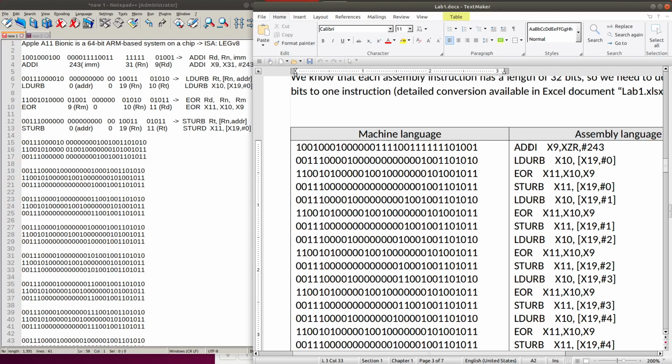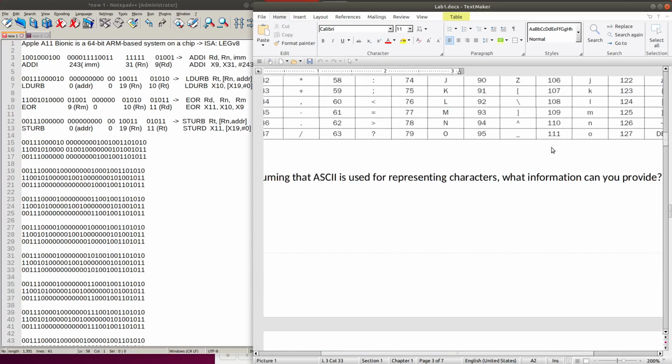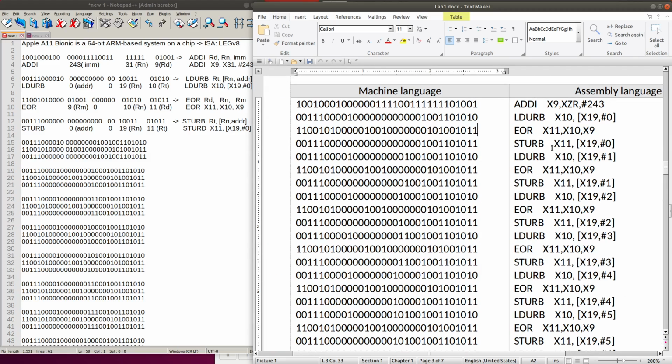The first instruction will be ADDI X9, and then X31, which we will take care of later, and then the number 243. Here X31 changes to ZR, which will be explained here.